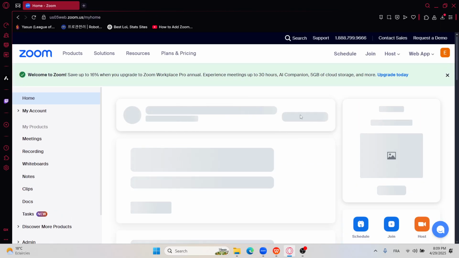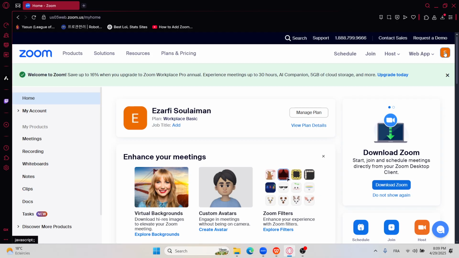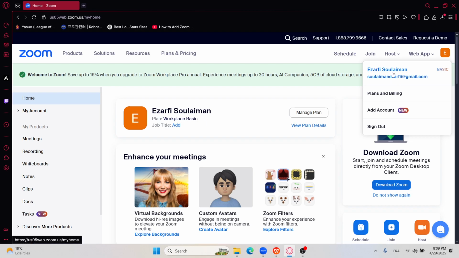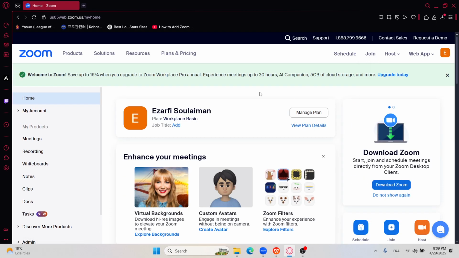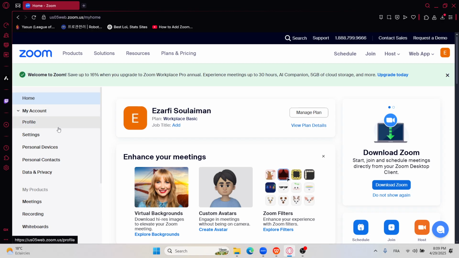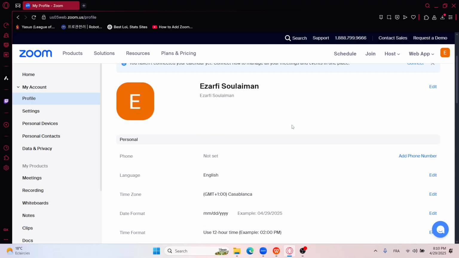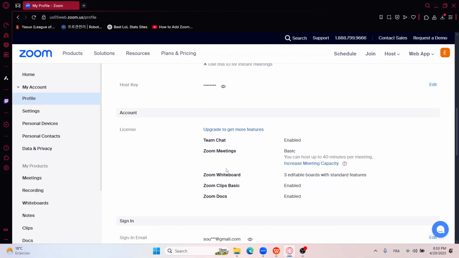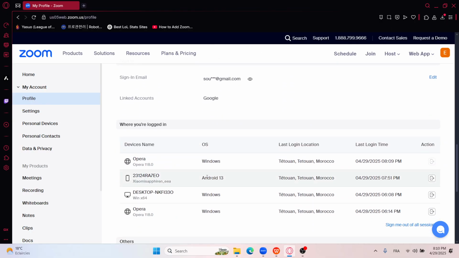Okay. Then once you are in your account, go to this icon, your picture icon, then go here, click on that one, click on my account on the left side of the browser, then click on profile. Now we are on that page. In this page you can adjust your profile,